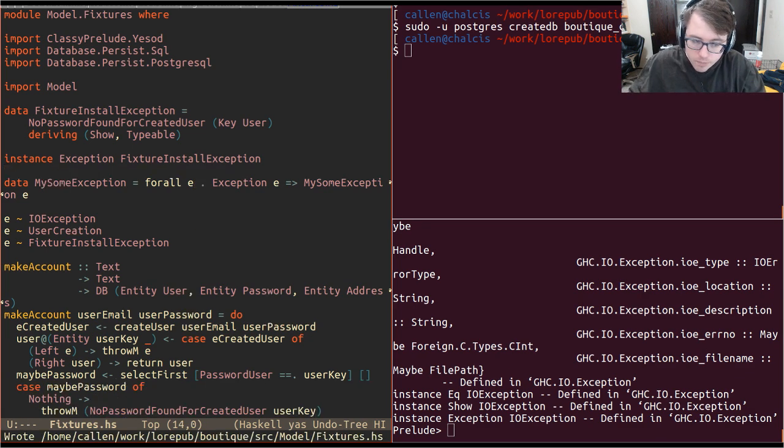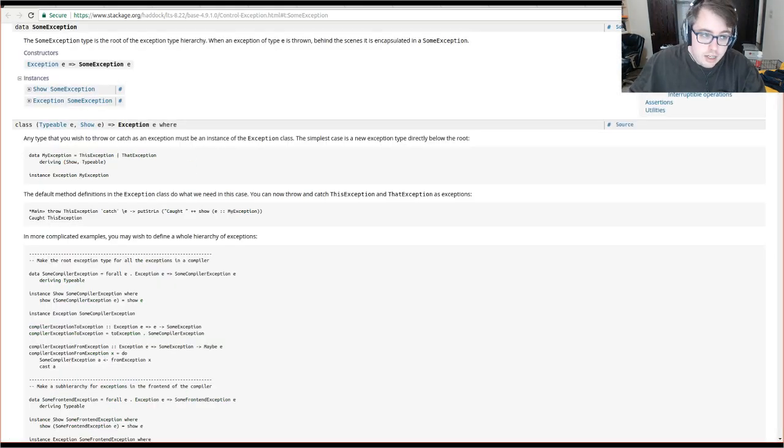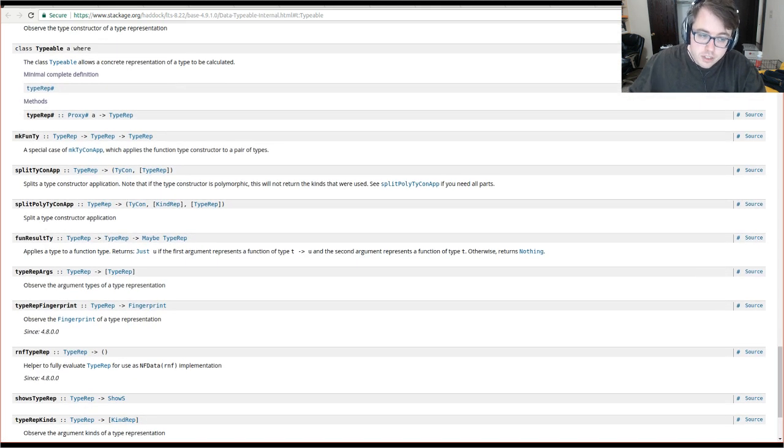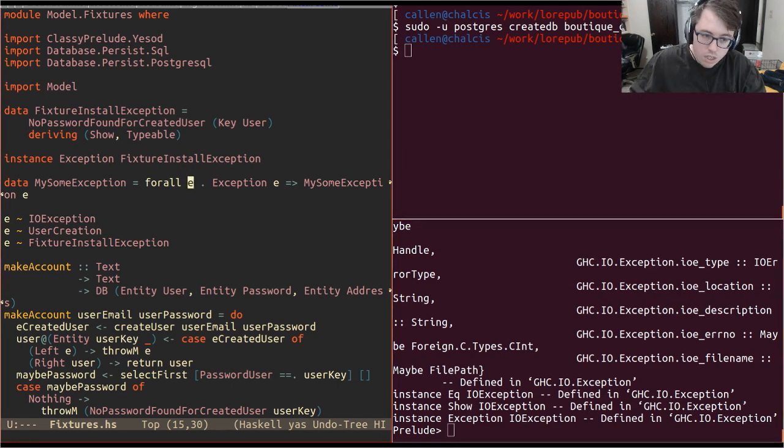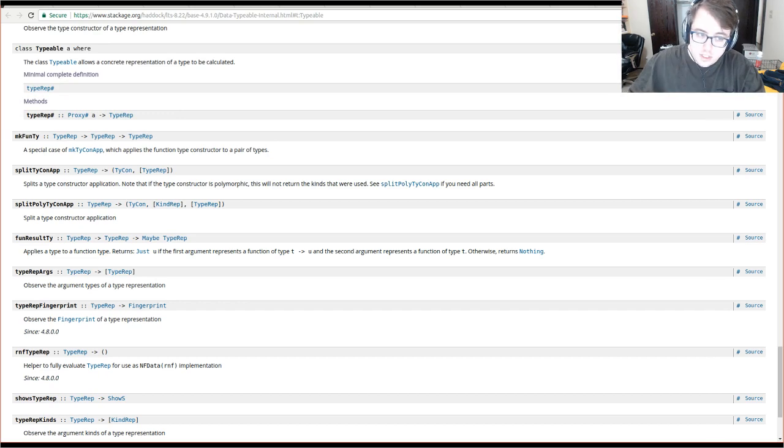So the problem is, how do I then match on something? If I lose the type information, how do I then match on it if I don't know what type it is? Well, you don't get to know the normal way. So that's where Typeable comes in. And Typeable creates these little type tags, they're called TypeRep, for your types, and it essentially uses that TypeRep